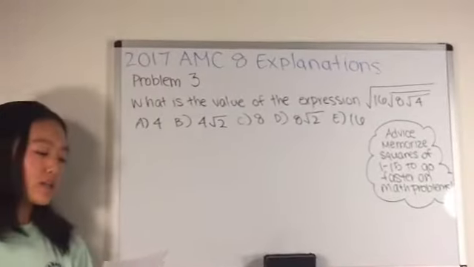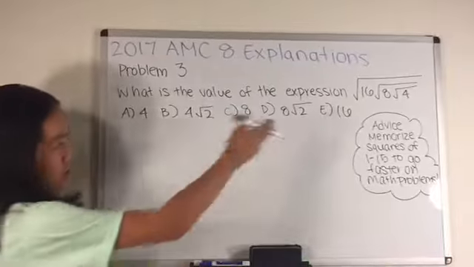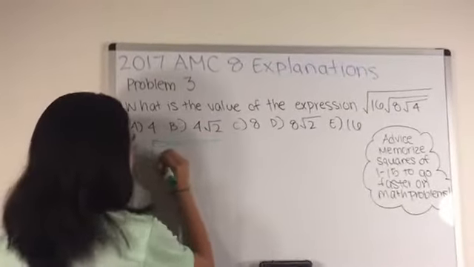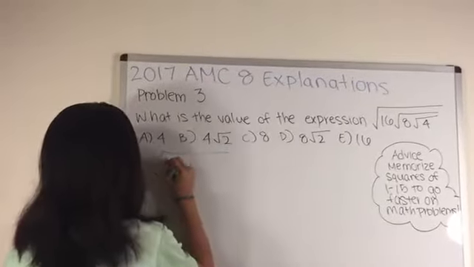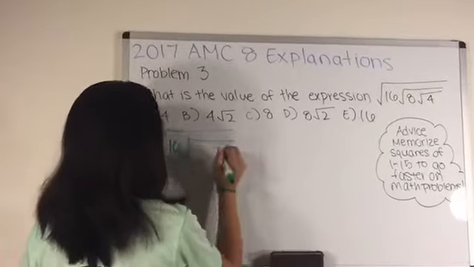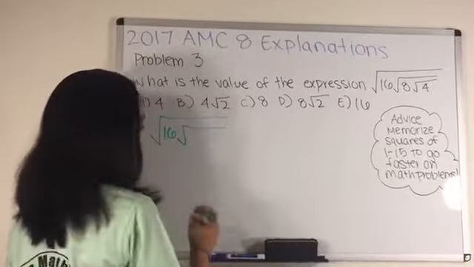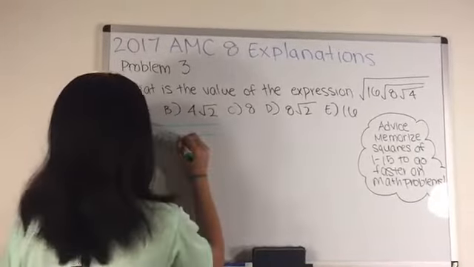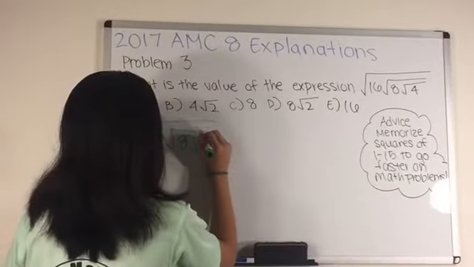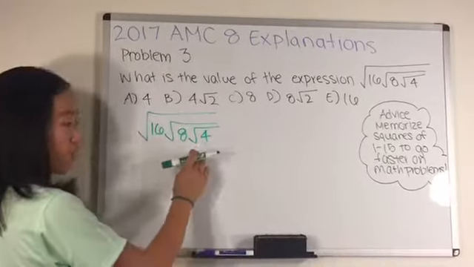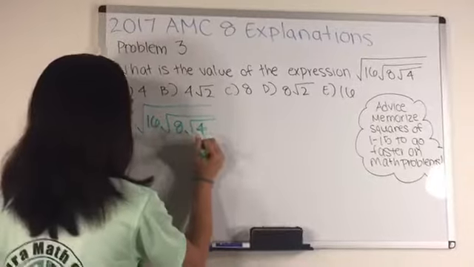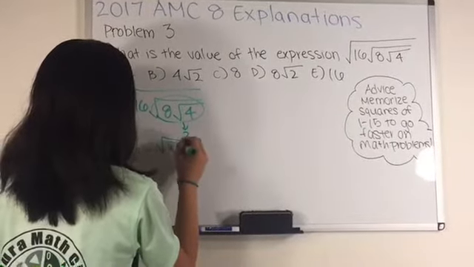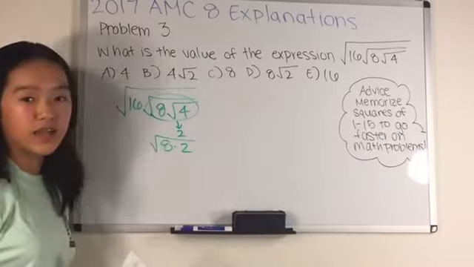Problem number 3 states, what is the value of this expression? In order to solve this, we have to first write it out and then solve it from the inside out. In this expression, we have the square root of 4, which is inside the square root of 8, which is inside the square root of 16. In order to first solve this, we must solve the square root of 4, which is 2, which means this is the square root of 8 times 2, and 8 times 2 is 16,